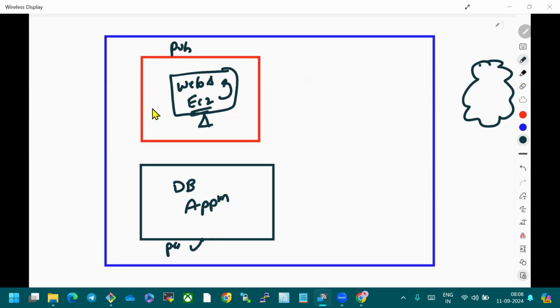Now, there are two components, public is done, private subnetting is done.